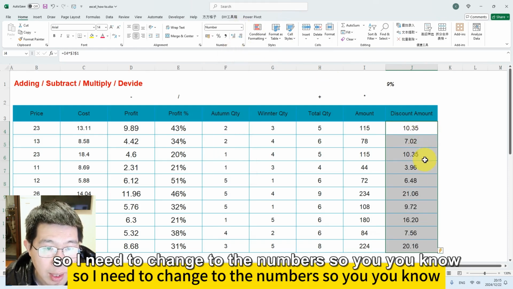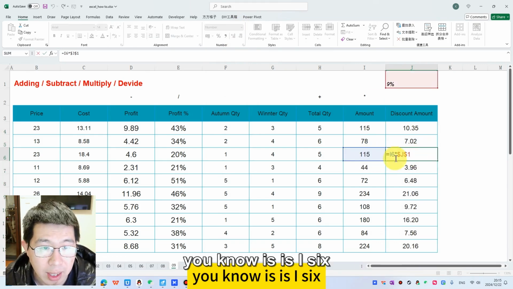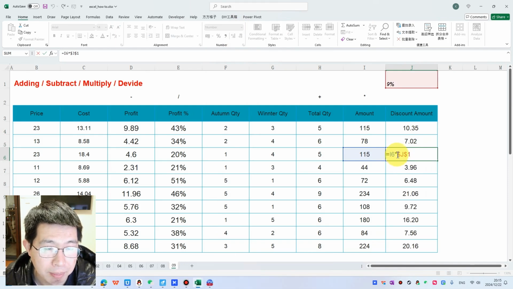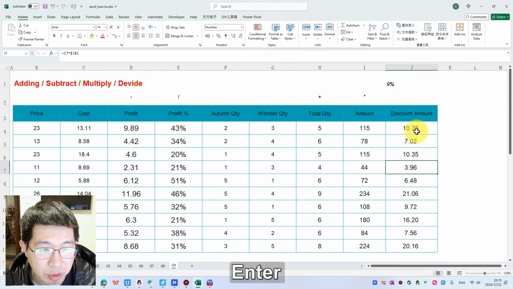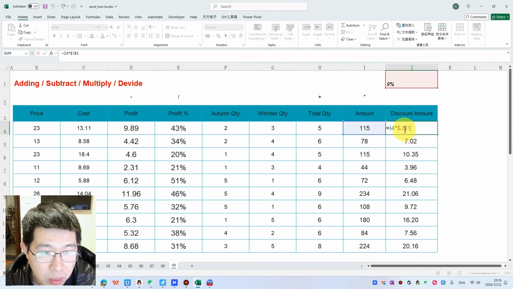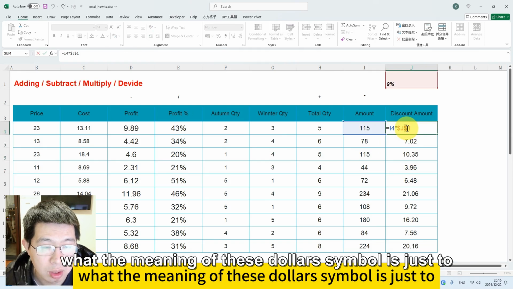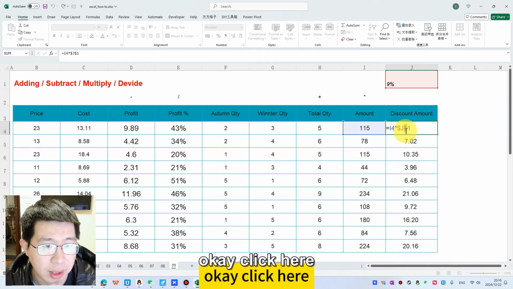When I click here, it's I6 times J1. What J1 means is that when I fill down, J1 will not become J2 or J3, it stays J1. So what is the meaning of this dollar symbol? It's just to freeze the cell. Okay, click here,